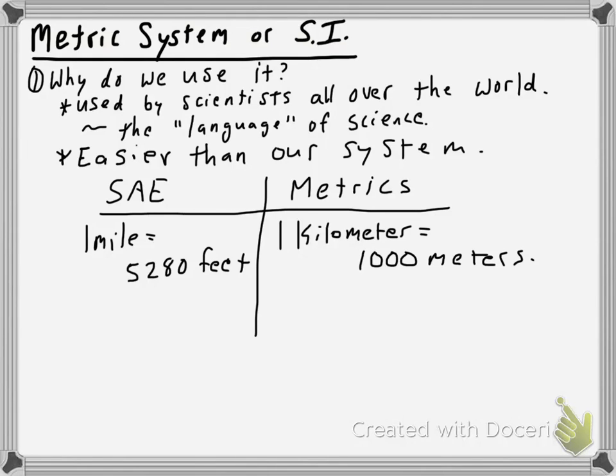Now, as you can see, 1 kilometer being 1,000 meters is a pretty easy change. All we do is move the decimal,